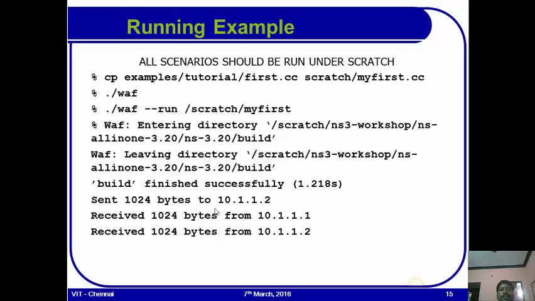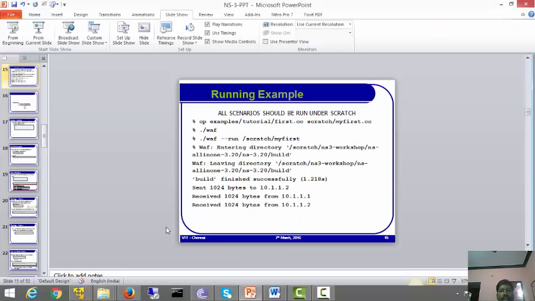So how do we run an NS3 application? We have something called waf. I think the detailed explanation is given in the document. We can go through how to install and how to configure all these setups. For a simple case, I just wanted to show you an application between a client and server. So we just created a simple